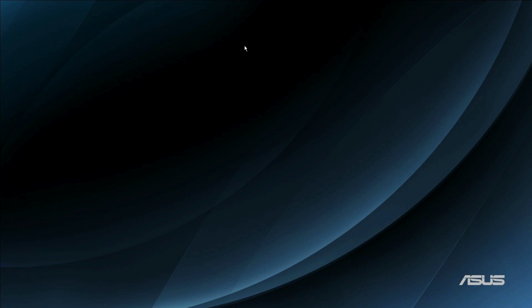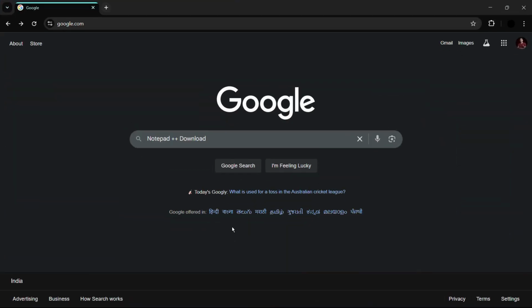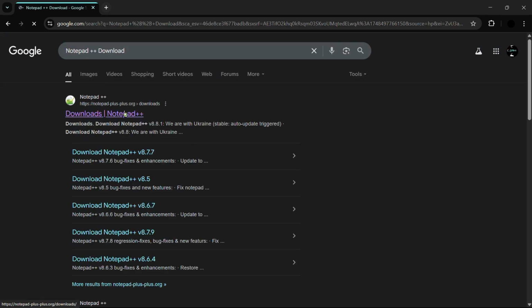To do this, the first thing you will be required to do is open any web browser of your choice, be it Google Chrome, Microsoft Edge, Mozilla Firefox, or any web browser that you prefer. In my case, I will be using Google Chrome. Then once you have successfully opened your web browser, simply search for Notepad++ download, and hit the enter button. And now under the search results, you can see this first link from notepad++.org